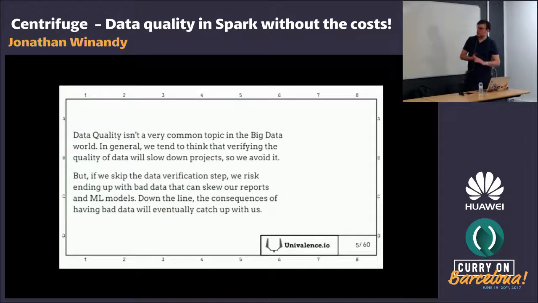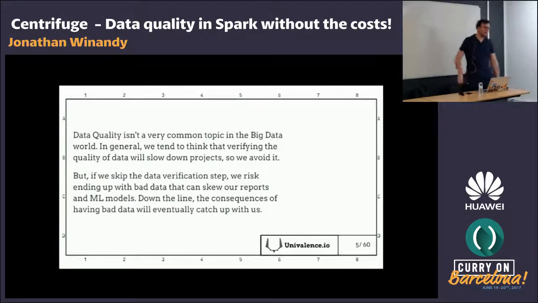So why data quality? The subject is a bit uncommon because it's highly related to the data sources we collect. Everybody has data quality problems, but they are always different. It depends on the kind of business you are in, the field you are in, and the kind of tools you are using.